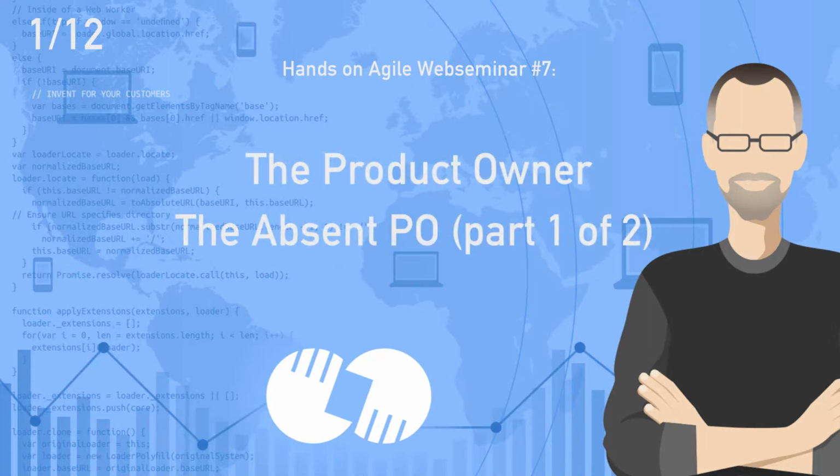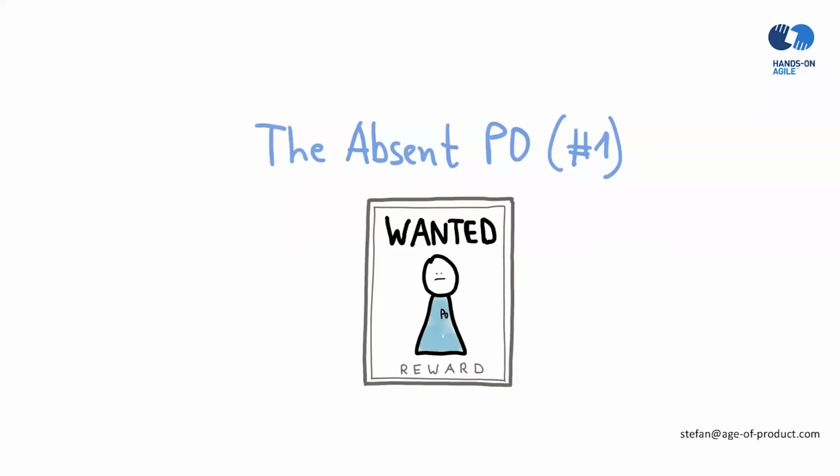Number one, the absent product owner. The obvious one, of course, is that the product owner is not available. There may be plenty of reasons for that. No matter what the reasons are, it's always the same outcome. It means that there will be no feedback to developers during the sprint, which might increase the risk of not